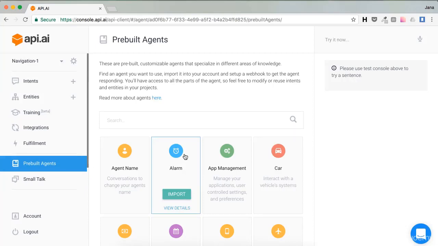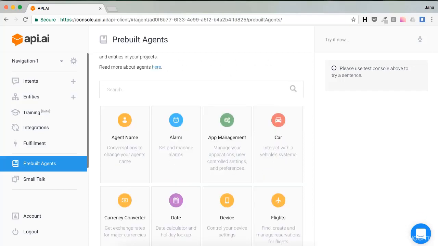What I must warn you also is that all these agents are currently available only in English. So if your bot will know how to set an alarm, manage application, interact with a car, book a hotel, listen to music, or many more, this is what you would use to process the language from the user and get the action you need to process. Again, api.ai cannot connect to someone's smartphone, deliver food, or translate from Spanish, but it will help you find out